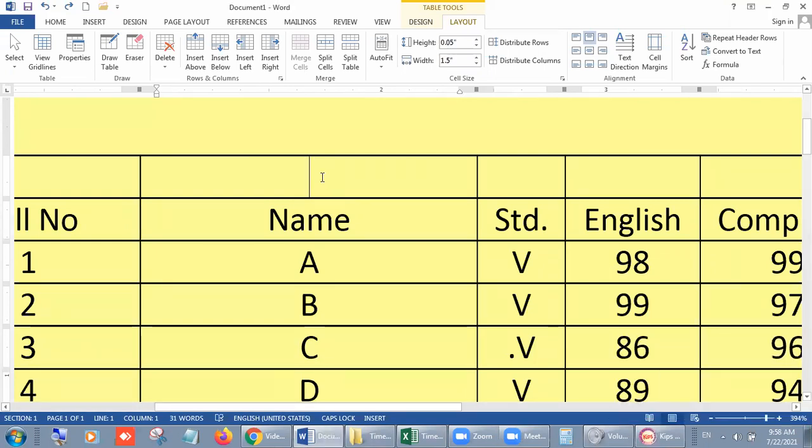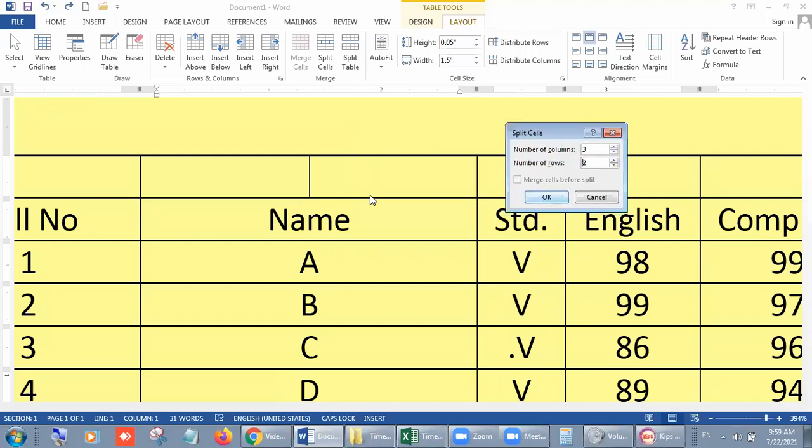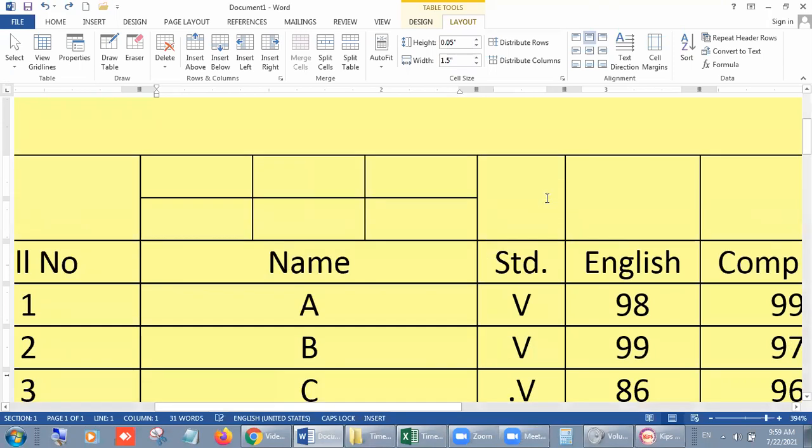Look students, I am clicking inside it. Click on layout button, then split cell from the merge group, and from there 3 columns and 2 rows. Look very carefully. When I click OK, this single cell is divided into 3 equal columns and 2 equal rows.